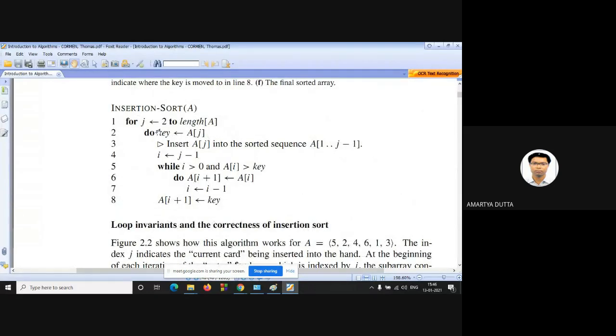This is the main idea behind insertion sort. In insertion sort, first of all we have to take an array, and j runs from 2 to the length of the array.